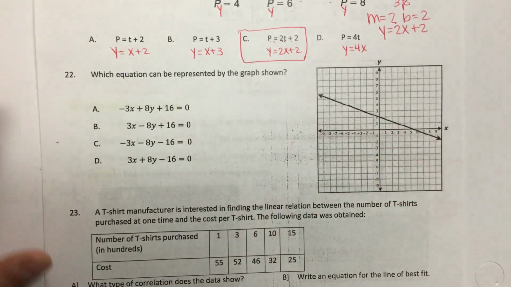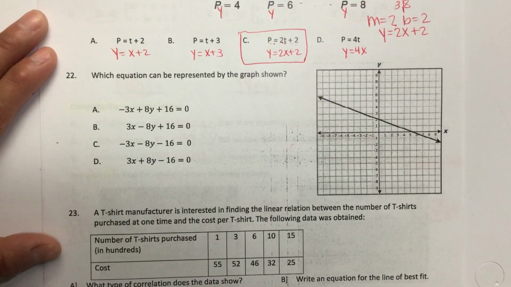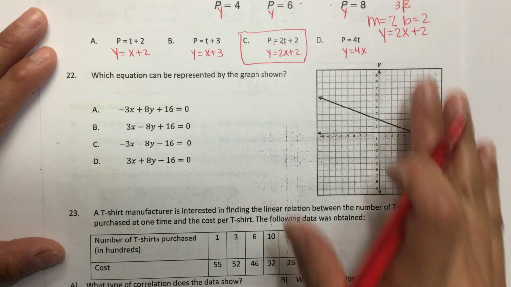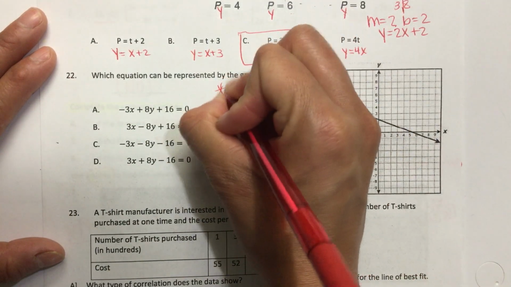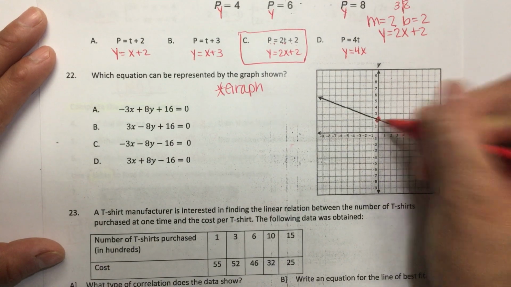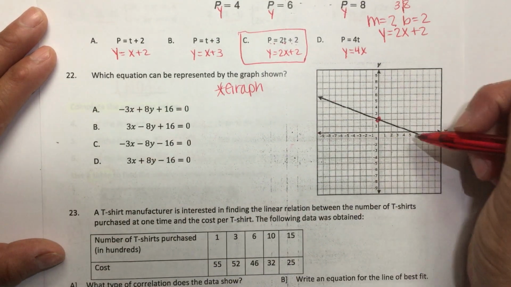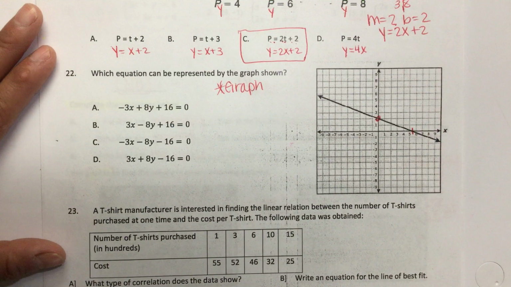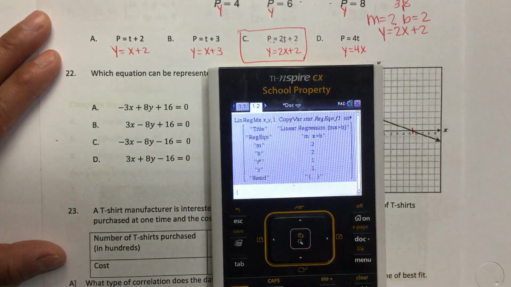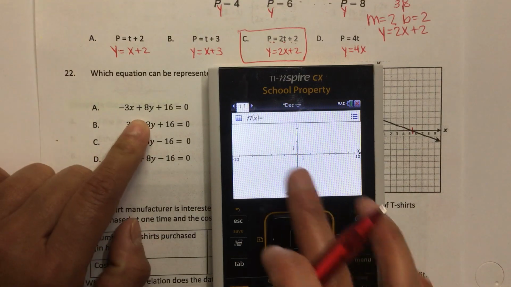Number 22, which equation can be represented by the graph shown? If we're matching an equation to a graph, to a picture, we're going to graph the equation in the calculator and match it to our picture. You're going to notice that it's crossing at 2 on the Y and in between 5 and 6 on the X axis. So if I go to number 1 for new document, 2 for add graphs, type this,